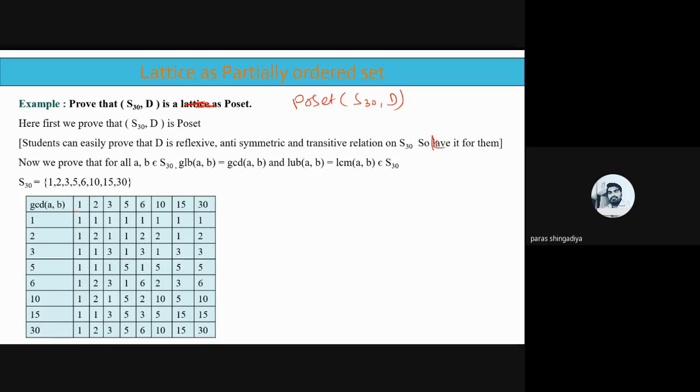Here you have to write all such numbers which are included in the S30. It is 1, 2, 3, 5, 6, 10, 15, 30 as a row. Okay, and similarly as a column. Clear? That is 1, 2, 3, 5, 6, 10, 15 and 30. And now consider the cross product form. Okay, consider this first number and make it pair with 1, 2, 3, 5, 6, 10, 15 and 30. Okay, and check the GCD of this pair. Clear?